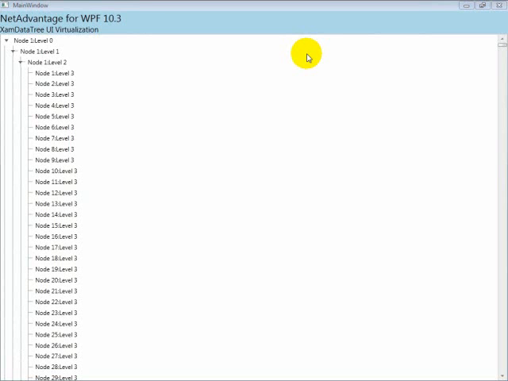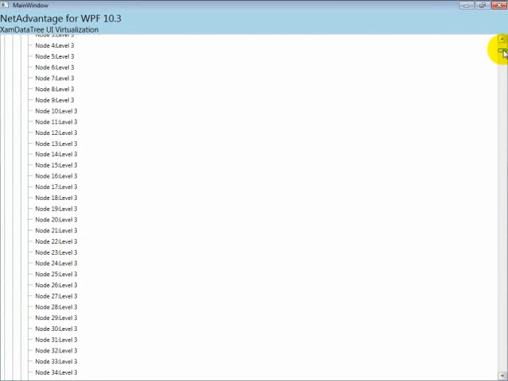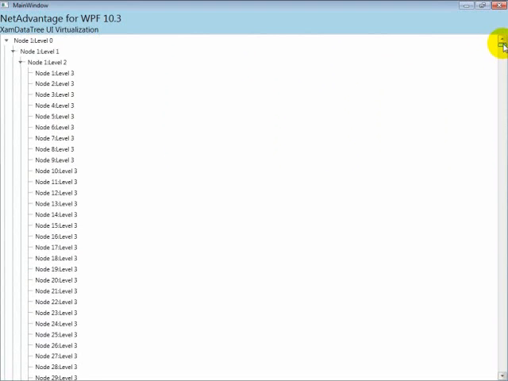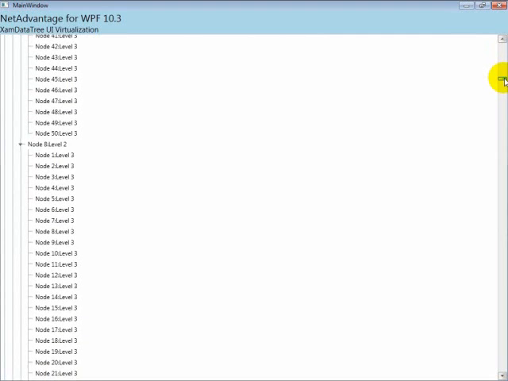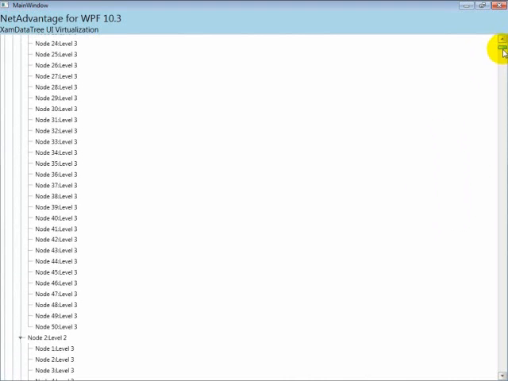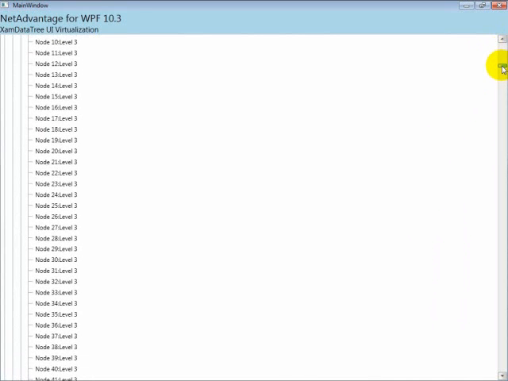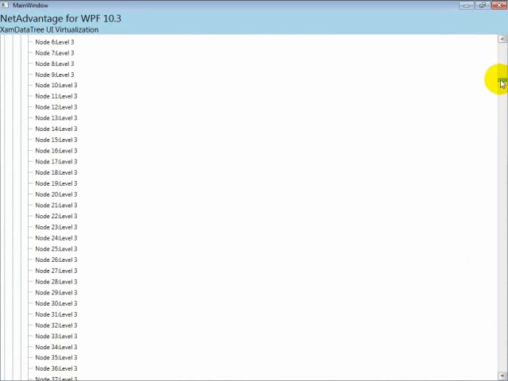So let's take a look at this sample. We have a xamDataTree which has been bound to 125,000 nodes. What we're seeing here is all of these 125,000 nodes expanded. So as you can see, the scrolling is rather smooth, precisely due to UI virtualization. And this is why I'm able to scroll through thousands of nodes without any degradation in the speed of refreshing